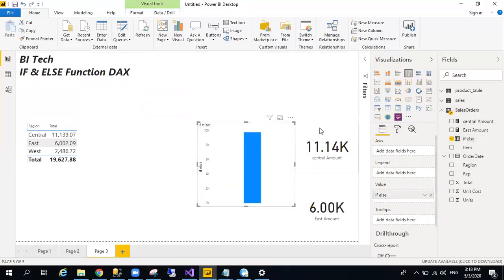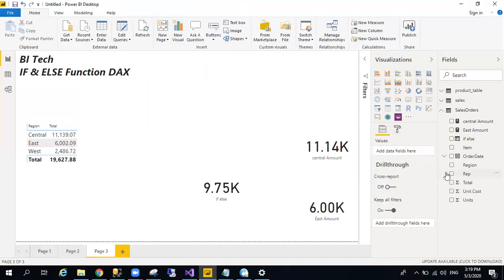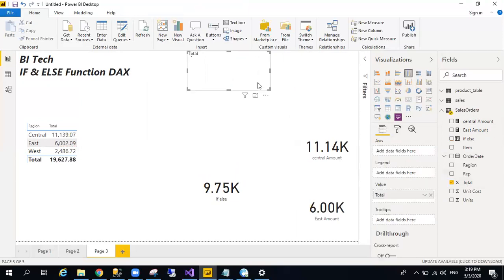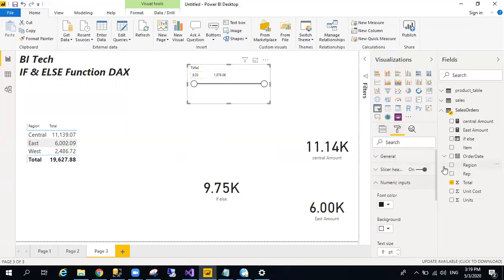Drag and drop here, and I'm also changing this visualization to a tile card. So I'm taking total in the drop down filter to verify whether my measures and column are working fine or not. First I need to increase its font size.